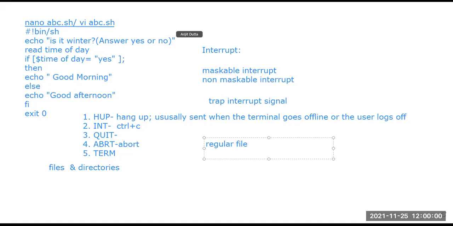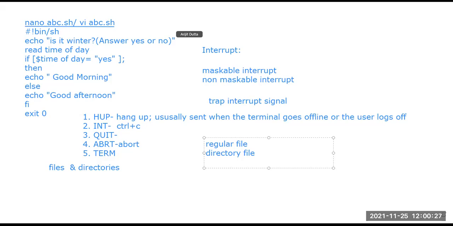Then there is a type called directory file. A directory file contains the names of other files and folders in the directory.